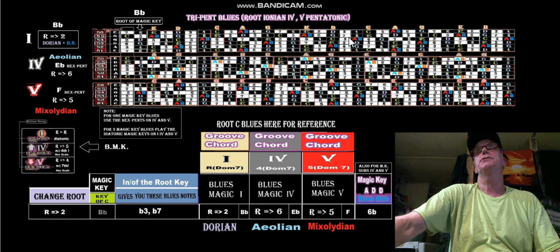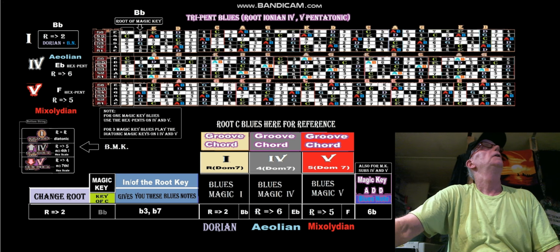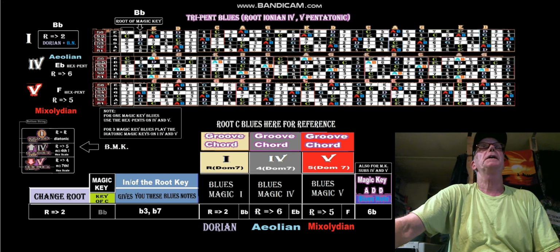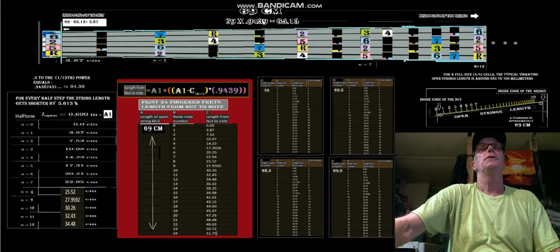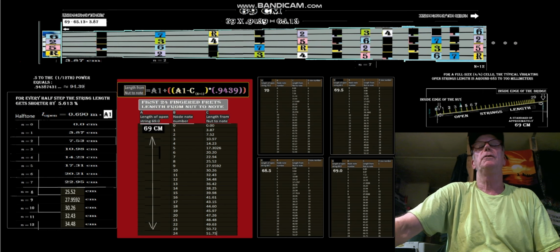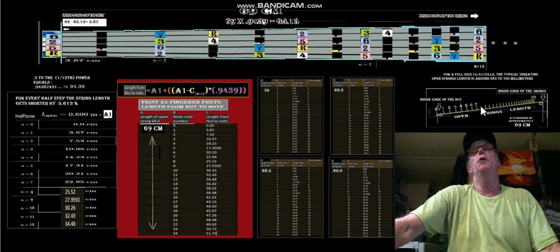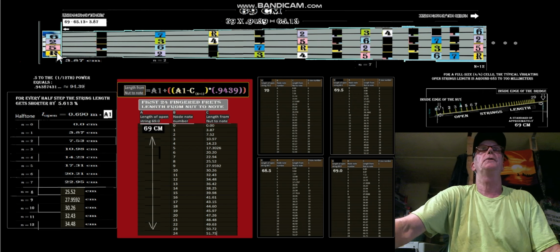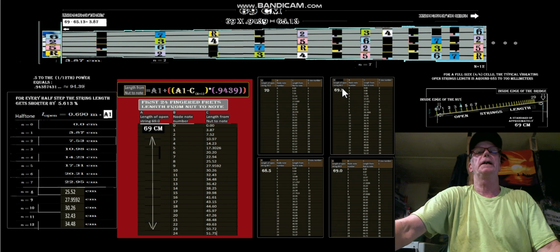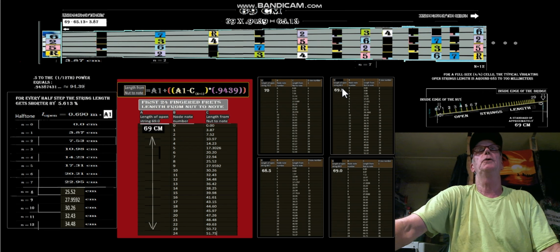to today's chart, which is 376. But we're also going to take a sneak peek at 377, where I've done some research on the cello note lengths. That's nut to note. Here's the cello nut. Here's a note. Here's a note. Here's a note. That's nut to note lengths for the 4 possible open string lengths of your normal cello, starting